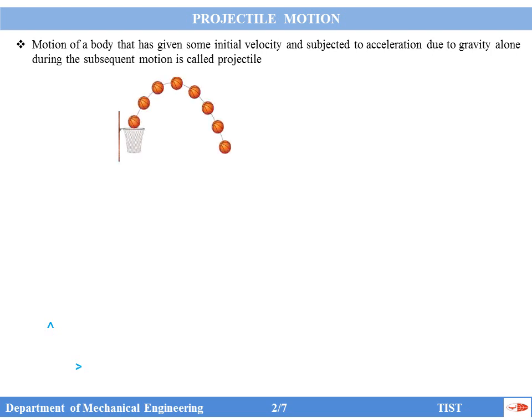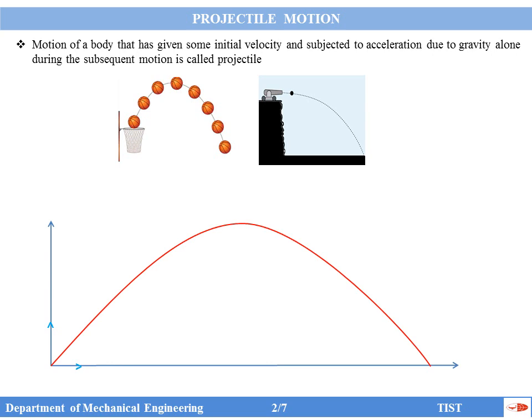One is the motion of a basketball. It is a projectile motion, and the motion of a cannonball is again a projectile motion. Now we will take general projectile motion. We are taking plane projectile motion in the xy plane, with the xy axes at origin O, and at the origin the projectile,